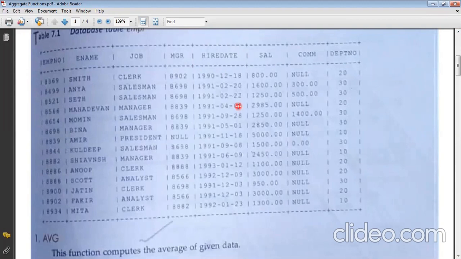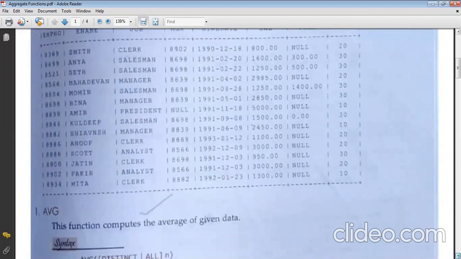So that's why sometimes they might give a different word which will not be the same in the table. But then you would have to figure out which particular column they are talking about. The joining date is similar to your hire date. That means they are talking about this particular column. Now what they are asking is that you have to find the minimum joining date.